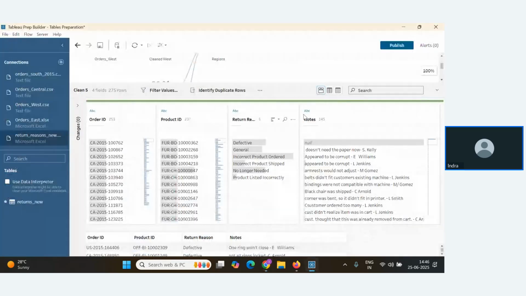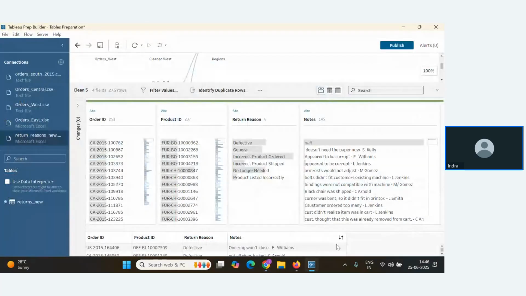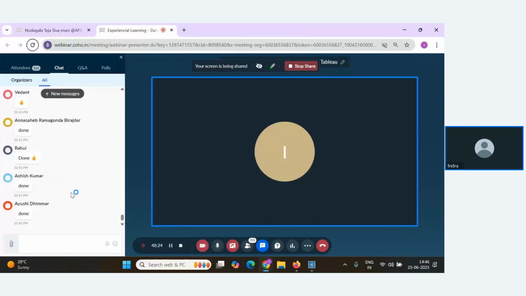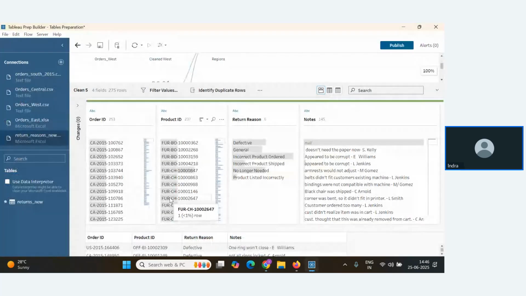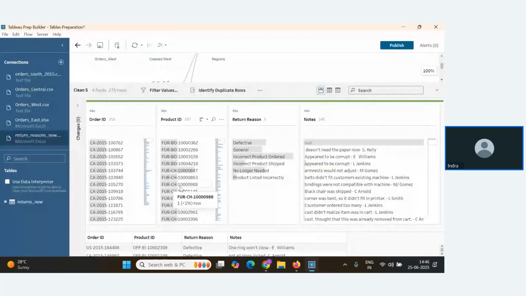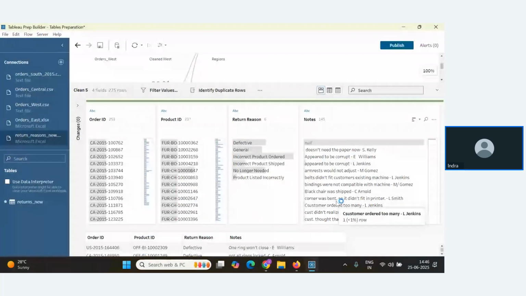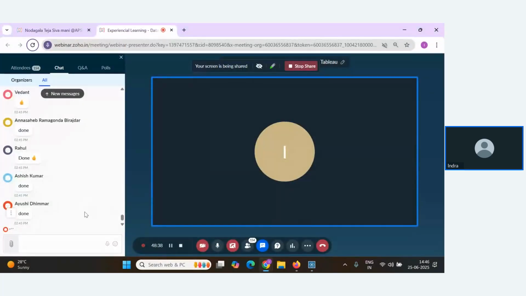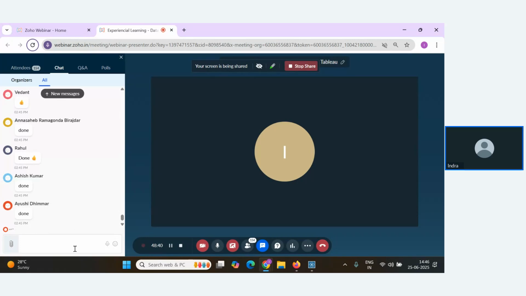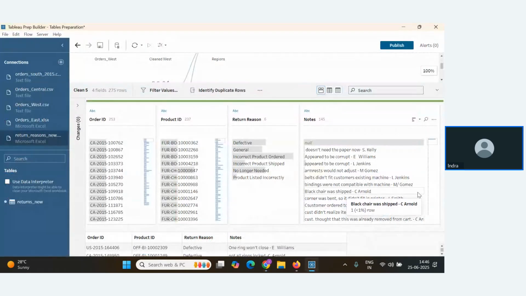Can you see any kind of issues inside this table? Can you notice any changes? Tell me any changes here.